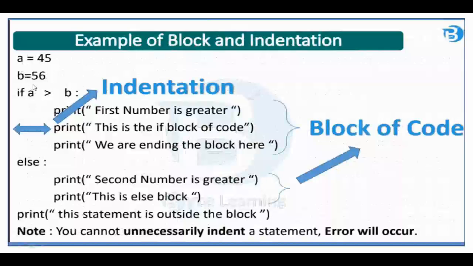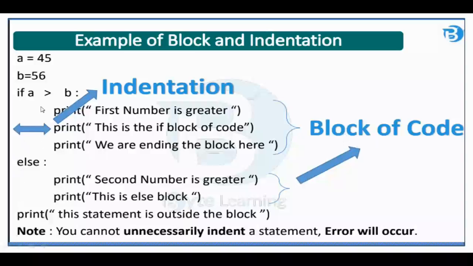See the example of a block I am showing here. For example, I want to compare two numbers a and b, and according to that I want to perform some actions. For example, if a is greater than b, the indentation is there, and the first statement is greater. This is the block of code we are in. All these lines will be printed and executed only when this condition is true. If I put a colon here, all these statements are shifted 4 characters towards the right. This is called indentation and this entire code is known as a block of code.